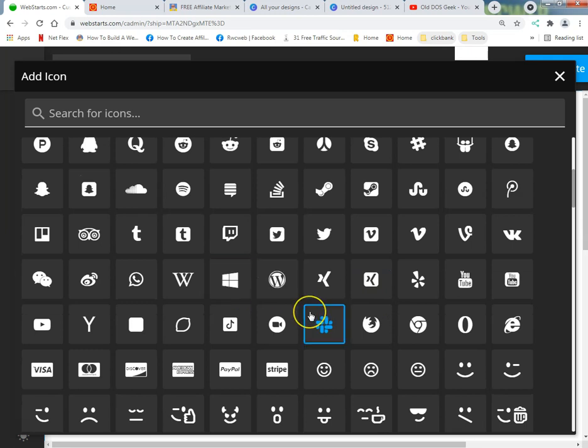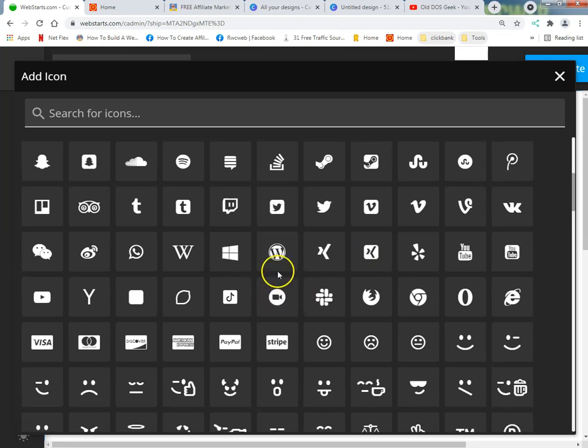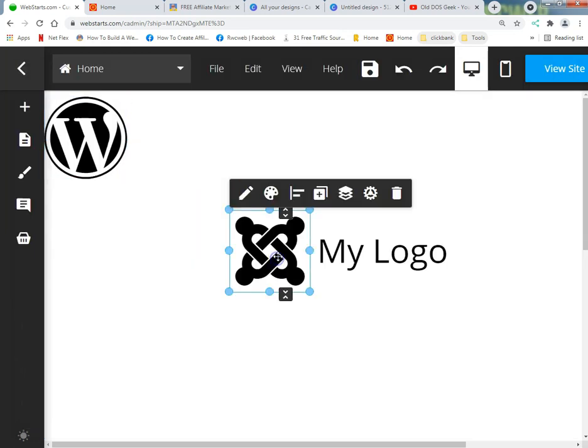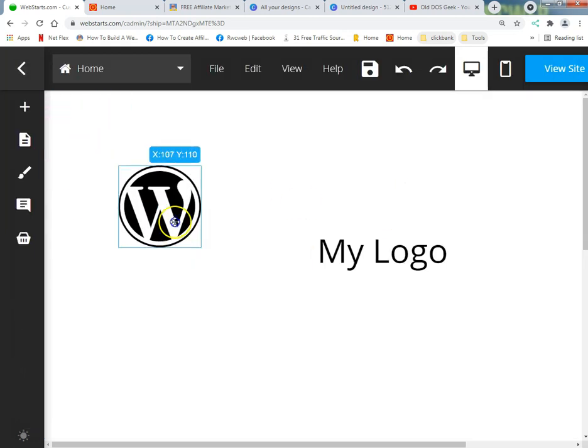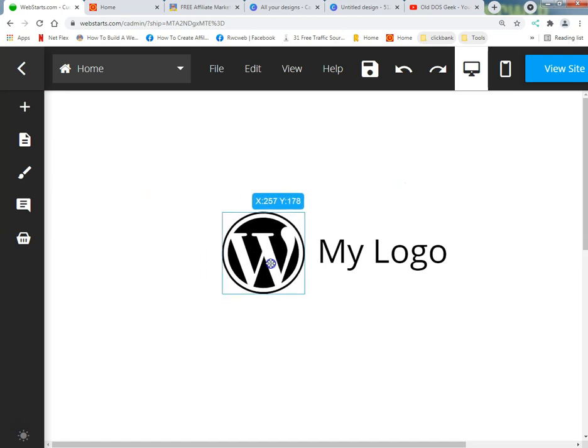So now let's see, I'm pretty much a website guy. So let's go with this one. And I'll delete this one. That actually looks like a WordPress thing. Okay. So if you want to make a logo,